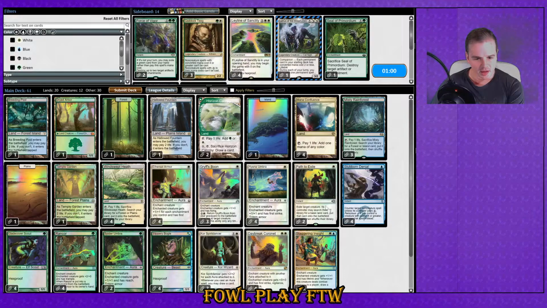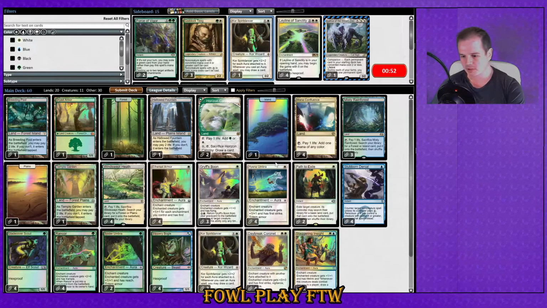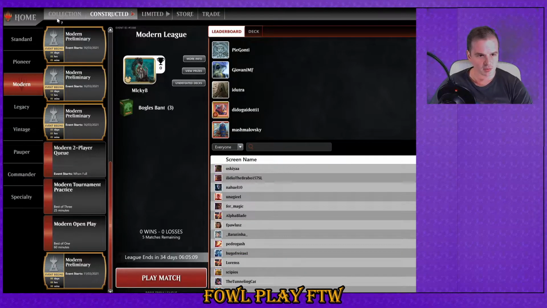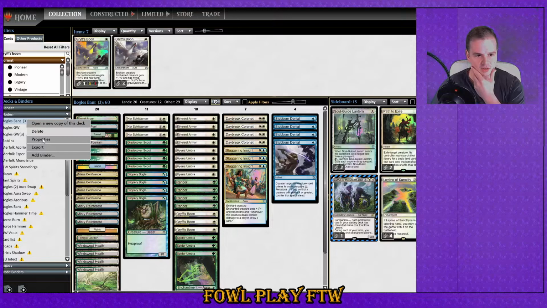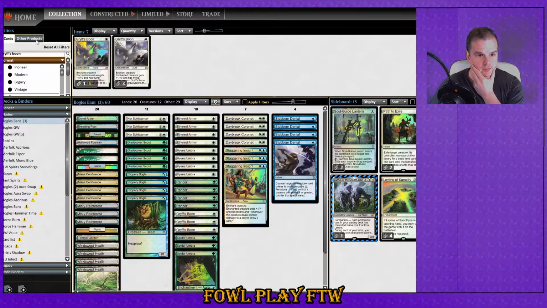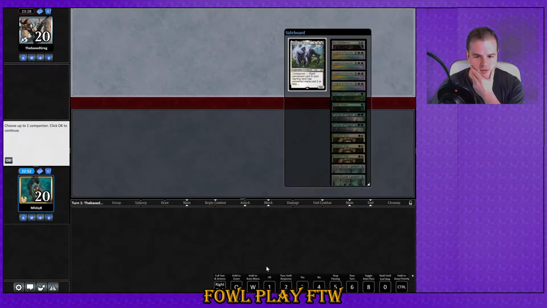So outside of that, what's another trim that we could potentially make? I have a feeling like Kor Spirit Dance might be easily removed, so let's just submit this one. Actually, what I should do is update my deck list, and I should update my stream decker actually. Okay, so